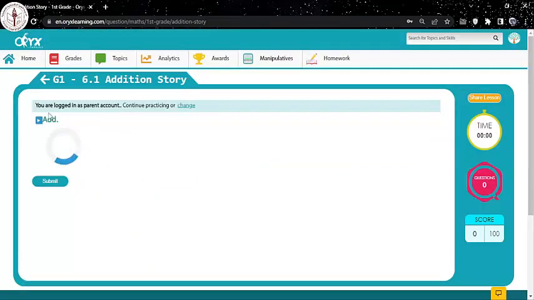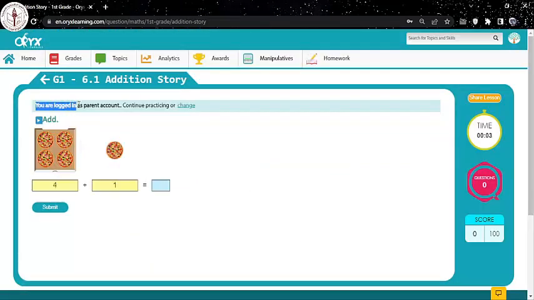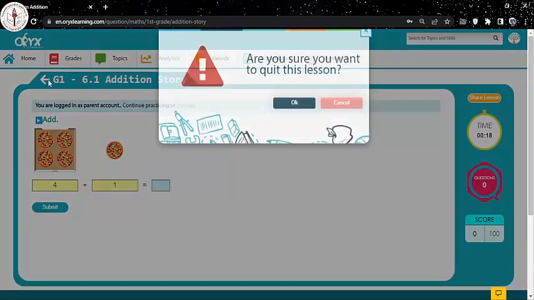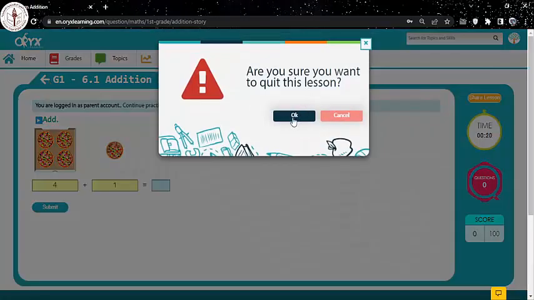You can practice yourself. It even says right here, you are logged in as a parent's account. That means whatever you write in here or whatever you match with questions, it will not count as a score for the student's answers. If you find this suitable for the student's skills and level, then you can simply go back, quit this lesson,